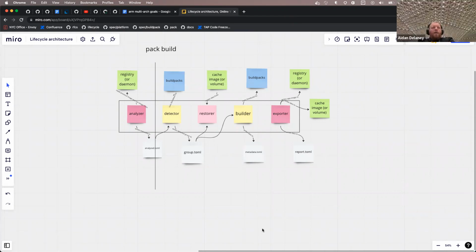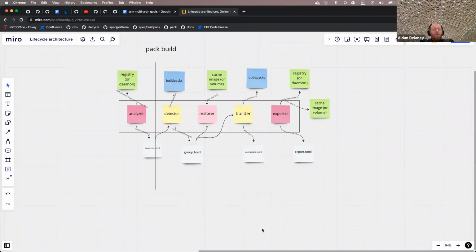I think there's a pre-step here. Again, jump in, people, if I'm wrong. Right now, Pack can't access... If you want to do a Pack build on ARM, you need to package up a builder, and you need to give it a different tag than your AMD 64 builder.